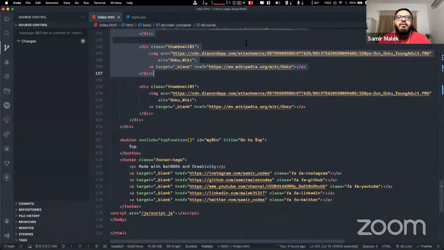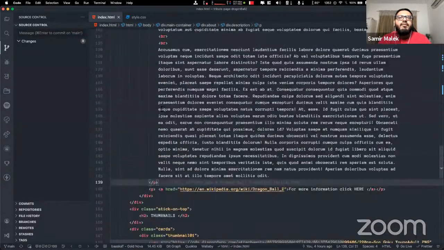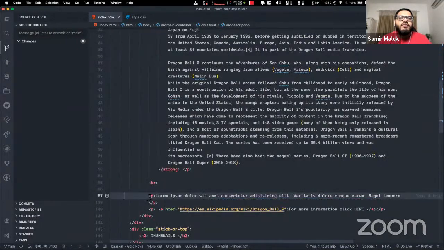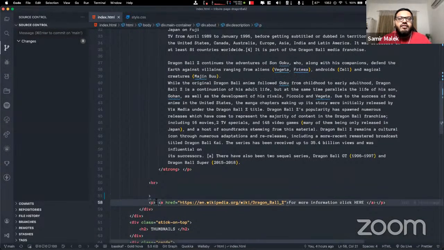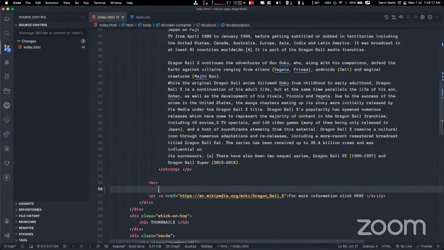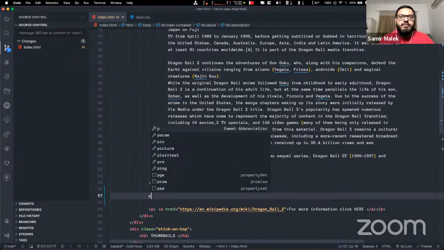Oopsie, not everything. So basically, let me just minimize. Take this, delete. Haha. I mean, that's how you do it. Yeah. Now what I'll do is add a p tag